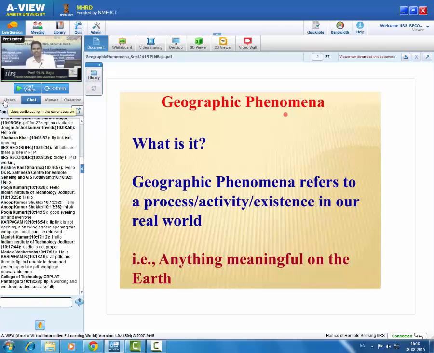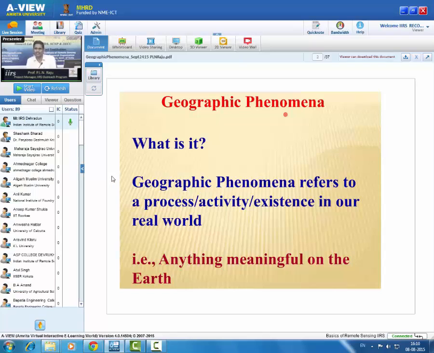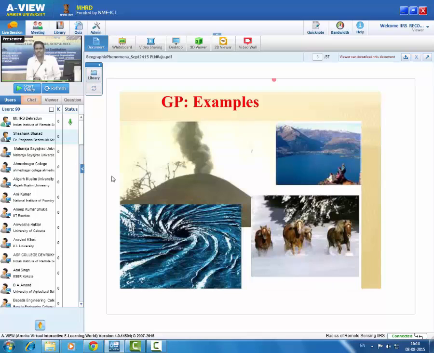So these are things that are there on the ground, what is existing, that you take straight away. Another is if you want to do an activity, what processes are involved to convert that into useful information. You can also say that anything meaningful on the earth that you want to convert is called a geographical phenomenon. Next, if you see that example, the images that you see,